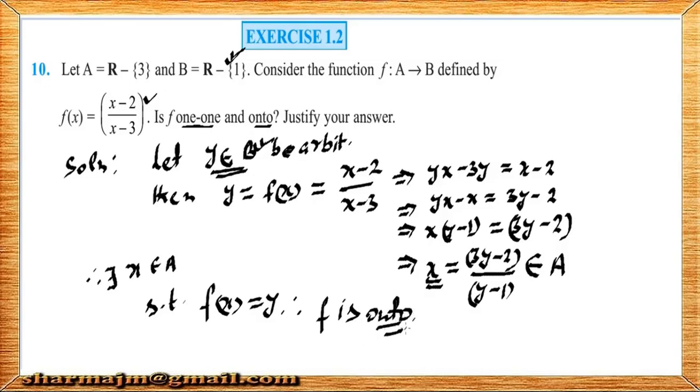ओके, तो इस तरह से आप इसको देख सकते हैं कि this function is onto. Every element of codomain is having its pre-image. यहाँ पर x की वैल्यू आ गई है, y 1 नहीं है, excluded है, तो हमने y element लिया था codomain का arbitrary, और उसके corresponding एक x A के अंदर आ गया। Therefore this function is onto. So since it is 1-1 and onto, therefore you can say f is a bijective function. 1-1 onto, that is invertible.